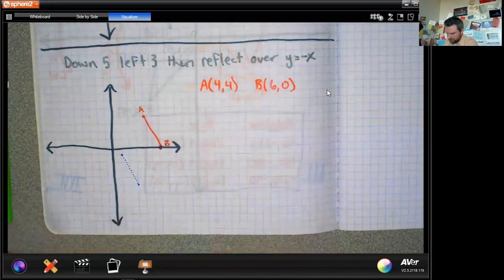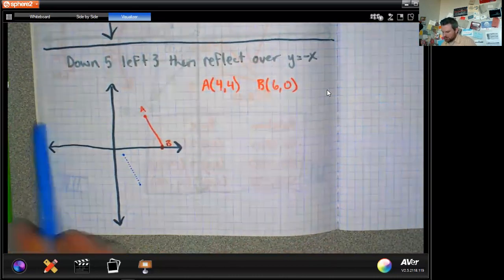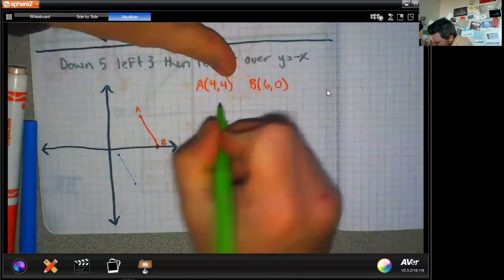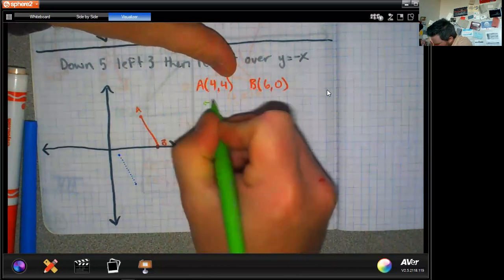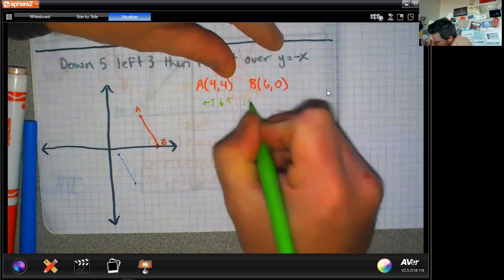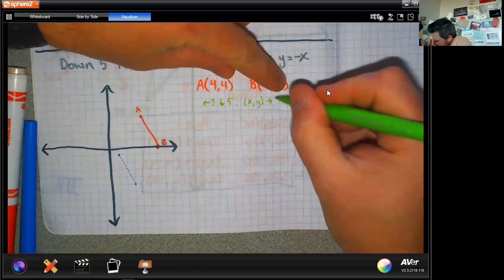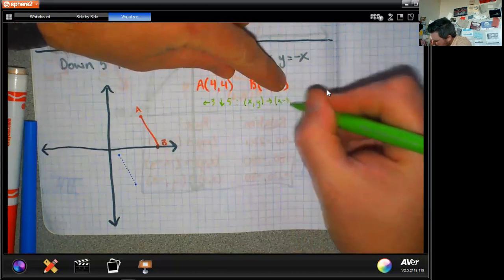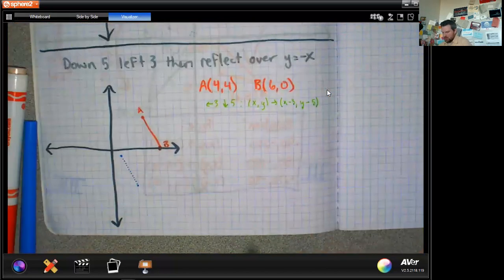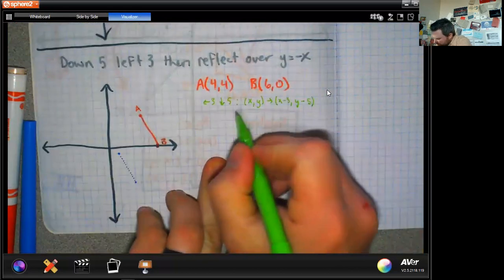Okay. So we can kind of multitask here. Let's go ahead and write the rule for that part. So we got the rule for left 3, down 5. And that rule is x, y goes to, that's just a translation. So we're going x minus 3, y minus 5. Okay. And then our next rule would be for the reflection over